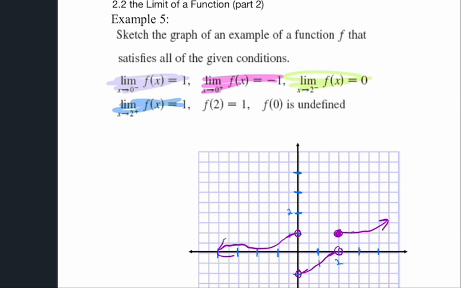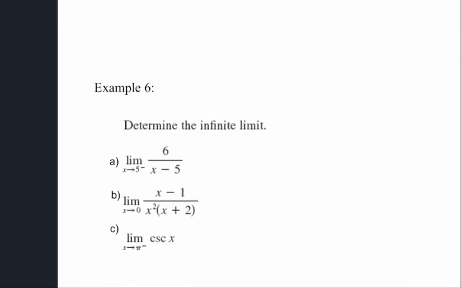And I think you do have one like this maybe for your homework. Okay, one last example for today